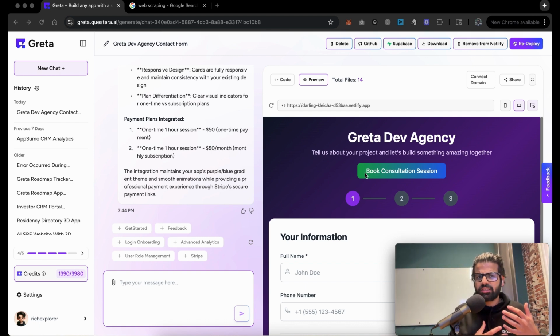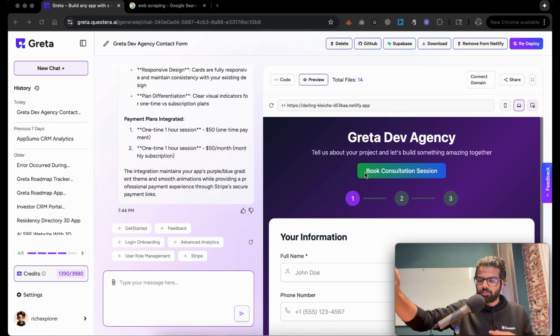Let me give you a very simple example. So let's say you are creating a restaurant app, a McDonald's app, where the goal is that people can come in and order burgers. So Greta can create a burger ordering app for you. But Greta cannot create a burger for you, right? The chef has to make it, and the chef has to be like, oh, here is the burger, deliver it to the customer, and then put in order delivered.